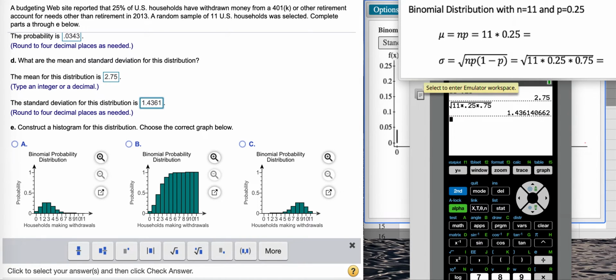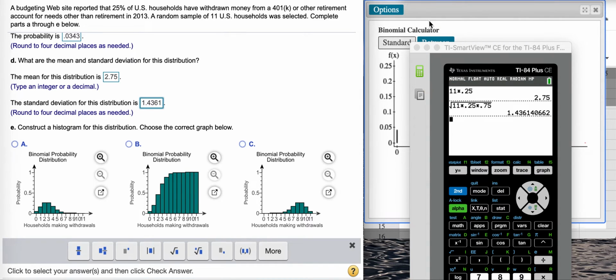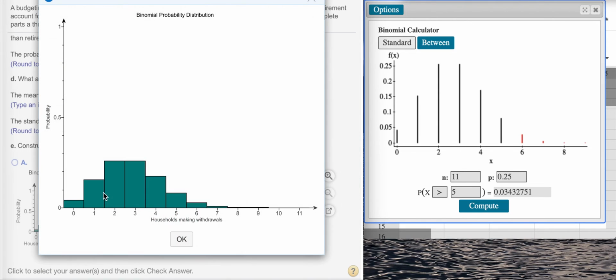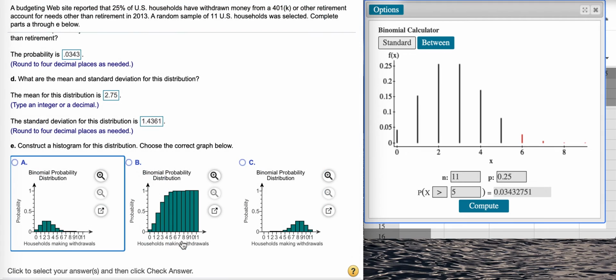Okay, so now let's consider the distribution and its graph. If I look at the graphs I've been looking at in StatCrunch, this right here is modeling that histogram. The only thing is I'm not using bars, I'm using needles because the probability is concentrated at 0, 1, 2, 3, 4, and so on. And so if we look at the distributions that they have here, these histograms, the one that's modeled best here is part A. If you want, you can blow that up. And you can see 0, 1, 2, 3. You can see 2 and 3 are the same probability. And so that would be our choice, part A,